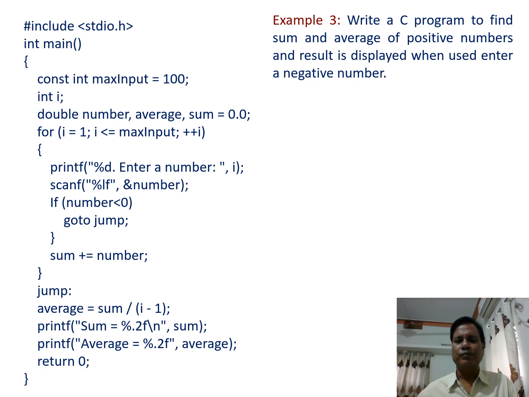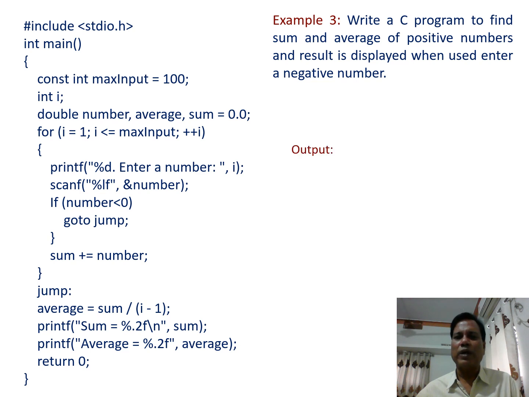What is the value of sum? Using 2 digits after the decimal point, that gets printed. Then the next printf statement prints the average, because here we have calculated the average. Sum is already calculated and average equal to sum upon i minus 1. That is, what is the value of i? Because sum upon i minus 1 gives the average value of the numbers added. So these two printf statements print the sum as well as the average, and then the program ends.